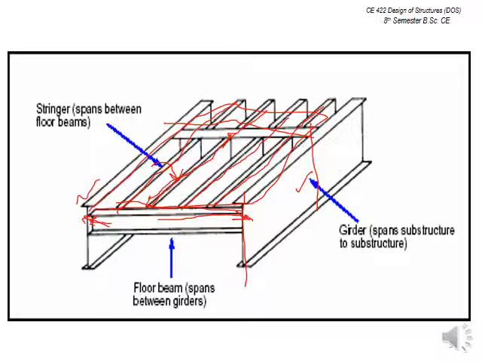Okay, so this will be the point on the plate girder where the spacing of the floor beams ends, from center to center. That is given in your example problem, 7.6. So in this way you have to design, not the truss girder bridge, you have to design the plate girder bridge.